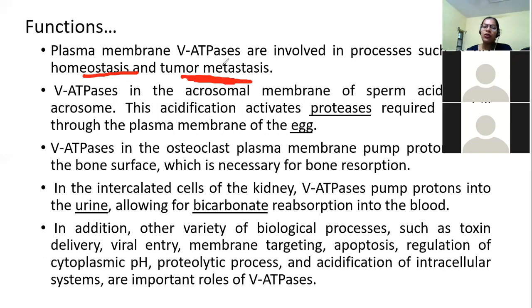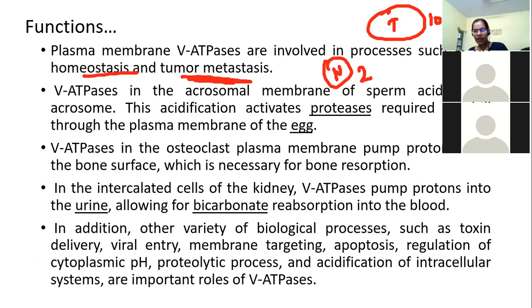Now, in the case of a tumor, you have got a tumor cell, and the tumor cell is highly functional. It means that if your normal cell is utilizing 2 glucose per second, for example, the tumor cell is utilizing 10 glucose per second. It means the maximum of the glucose taken by the body has been taken up by the tumor cells. The more glucose is utilized, all the metabolites will be produced and H plus is also made.